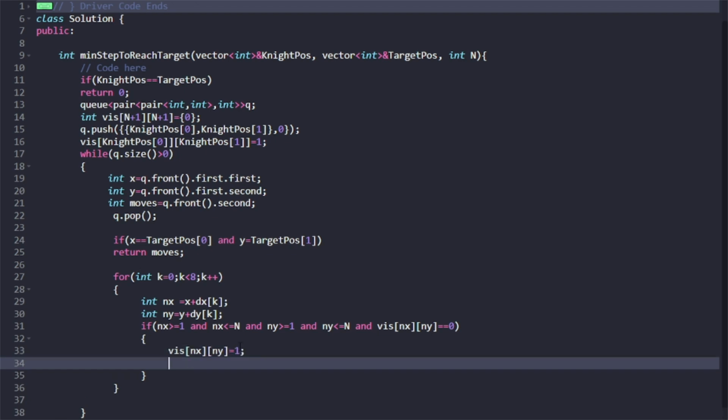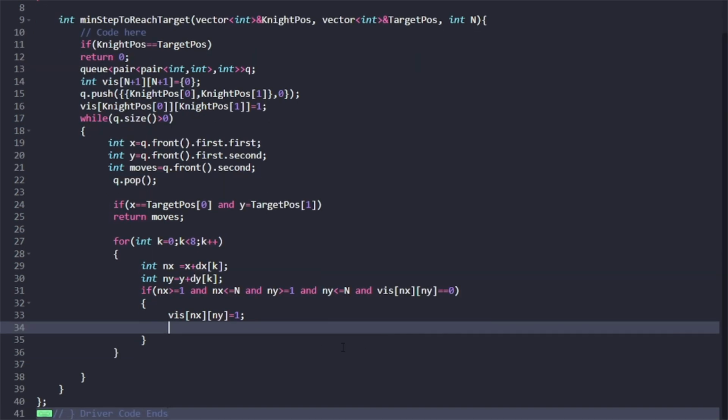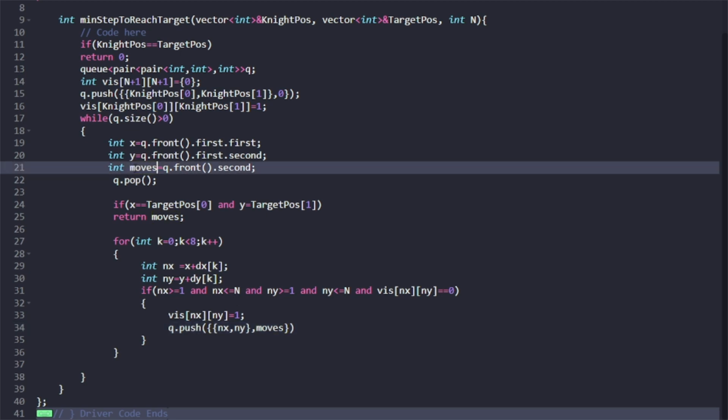After I mark it as visited, since I'll also store it in the queue, I'll push it into the queue. And what will I push into the queue? First of all I'll push the new x, the new y coordinate, and I'll push nothing but how many moves I took to reach it. So if for reaching the current position I needed a certain number of moves, right,